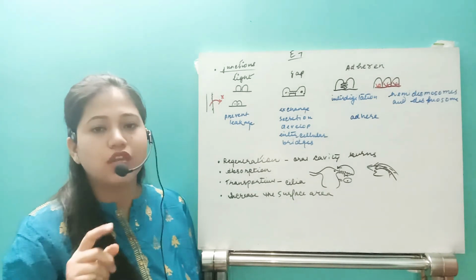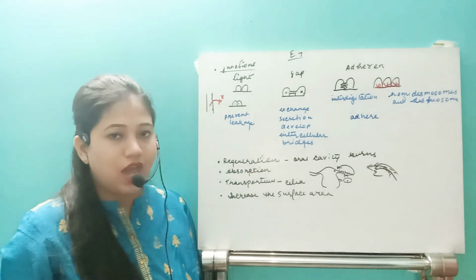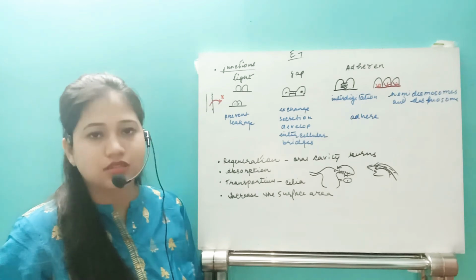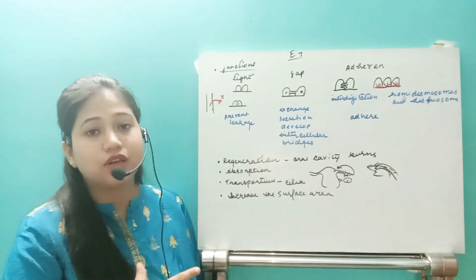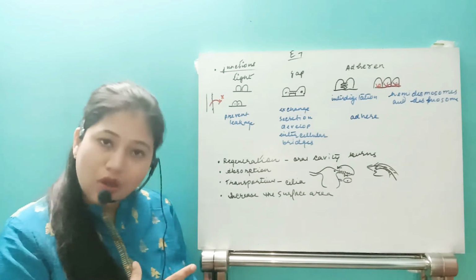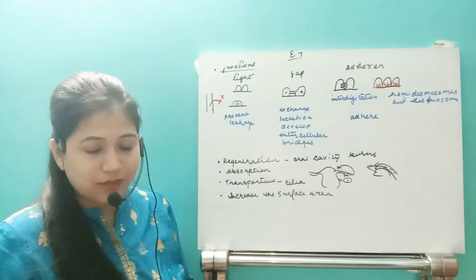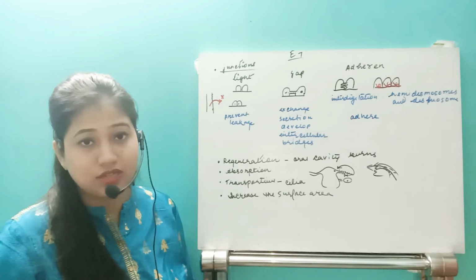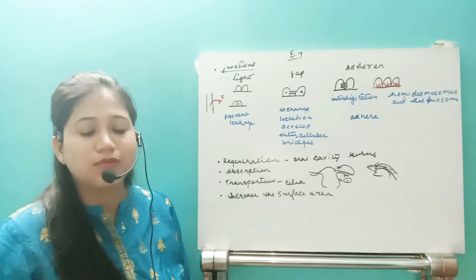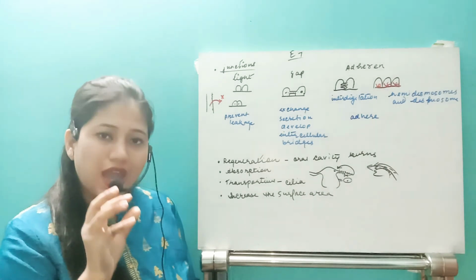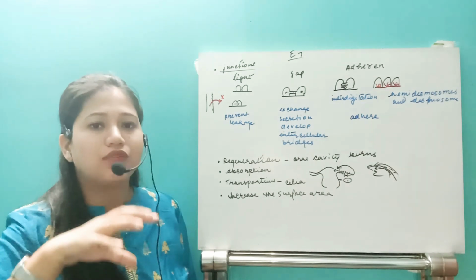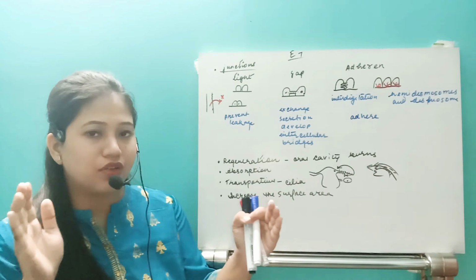Suppose in your body we have some organs, and those organs increase their surface area. Now just tell me where we have an organ which itself will increase its area. It is the urinary bladder, isn't it? So what happens to the urinary bladder? If there is no urine, the urinary bladder gets very small, and if the urine starts to fill up over a period of time, the urinary bladder will increase.